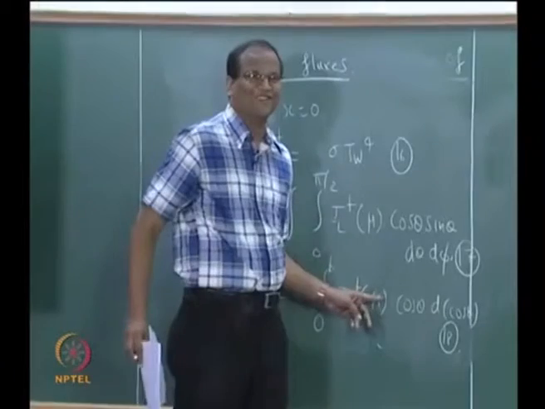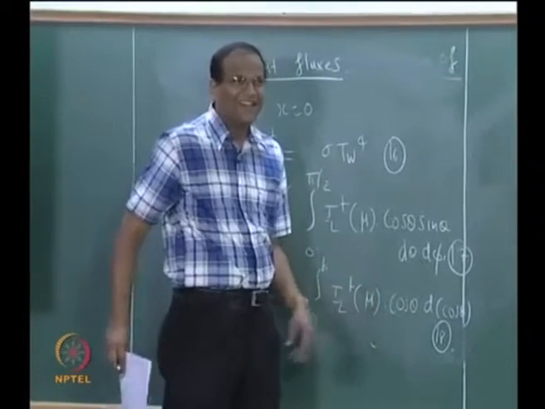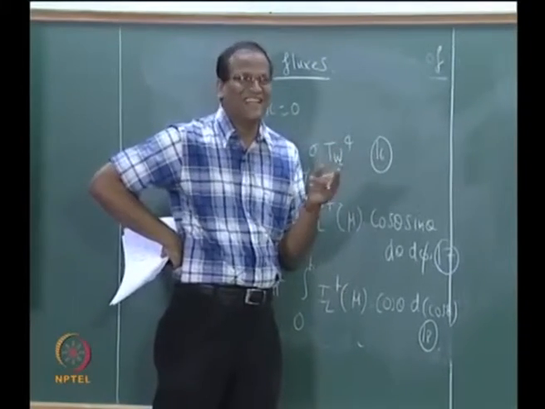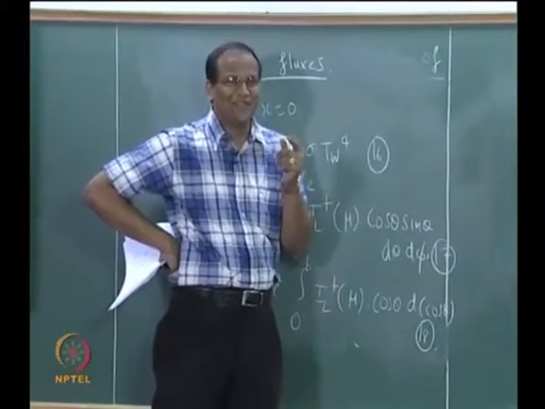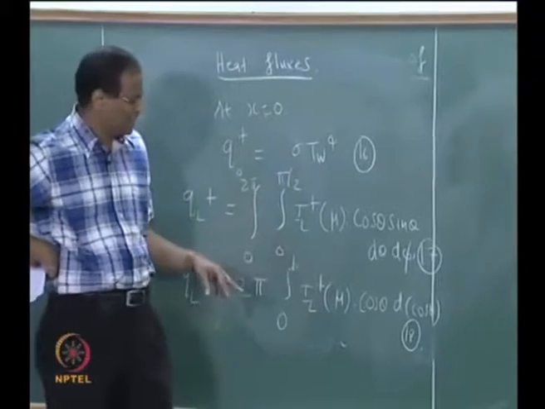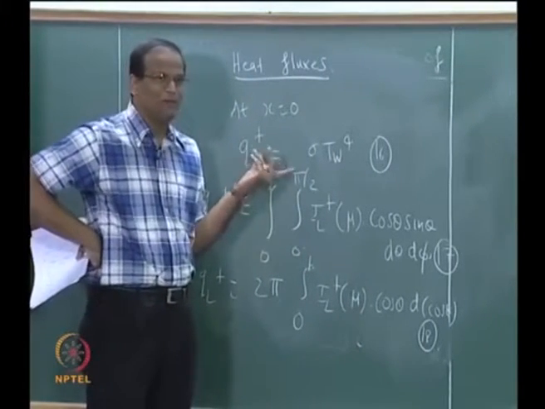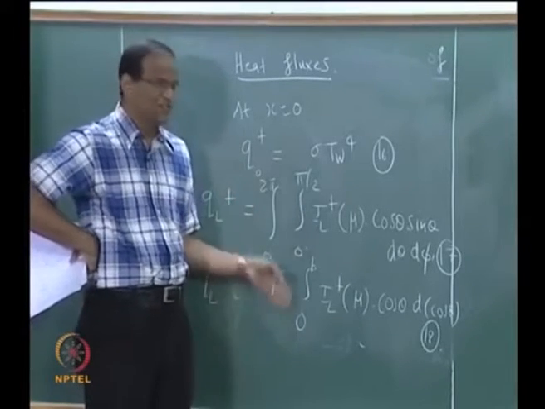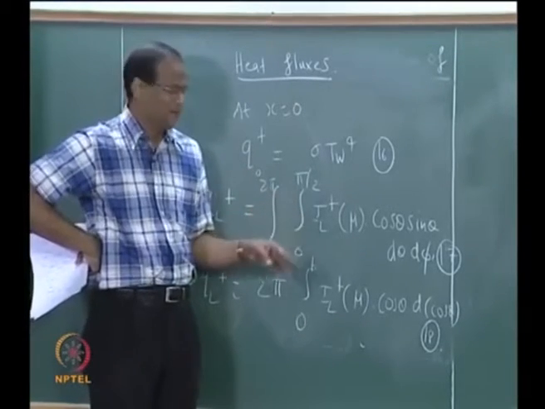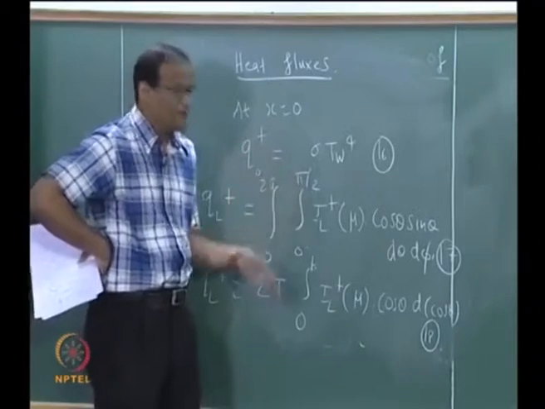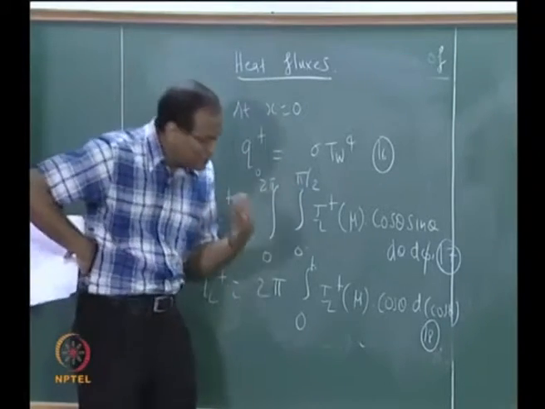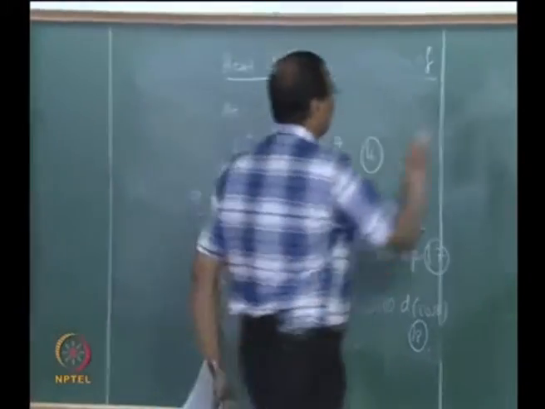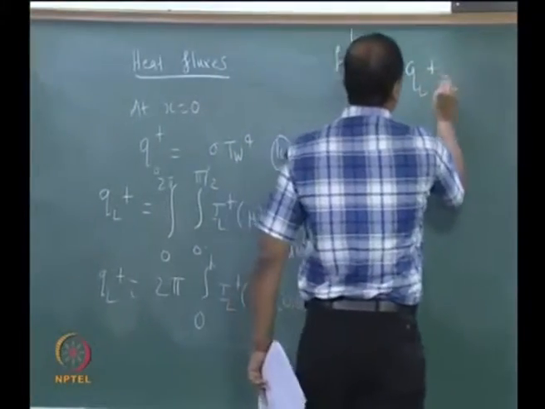Several things have gone into this, correct? The sin theta, only 2 things. The sin theta was taken as minus of d of cos theta, therefore the limits were changed: we swapped from 0 to pi by 2 to pi by 2 to 0, and because instead of theta it was cos theta, we changed it to 0 to 1, and again we swapped and took care of the minus. Now instead of d of cos theta I can put it as d of mu. Therefore QL plus equals